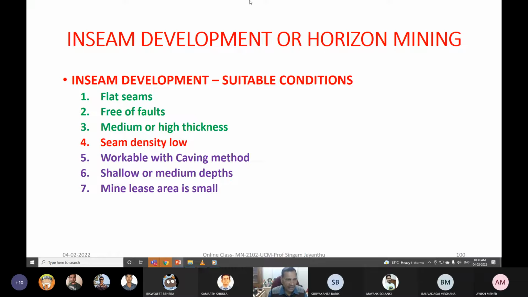Now, coming to this, when it is a flat seam, then in that way in-seam development means that in the seam itself you are doing development, not having any shaft somewhere else, and horizon type of development, which we do in metal mines, is not required. It is suitable where the seam is free of faults, or it is a medium or high thickness seam, and